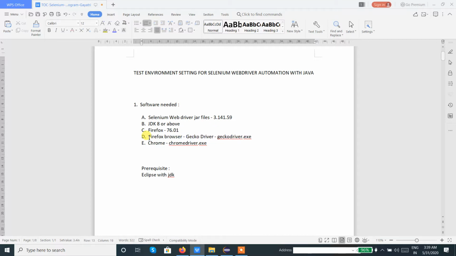As we are using the script for Selenium WebDriver, how will Selenium identify the specific browser? Selenium will identify the specific browser through the respective driver. A driver is nothing but a small exe file.